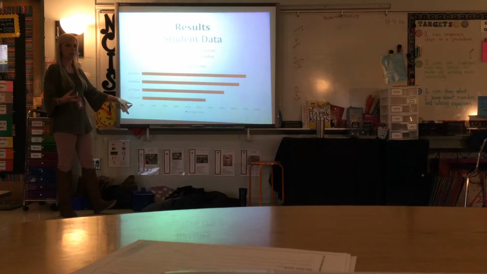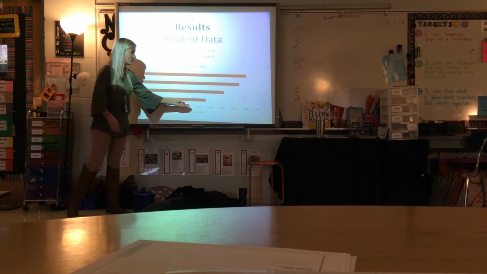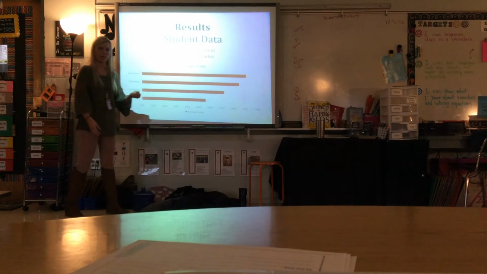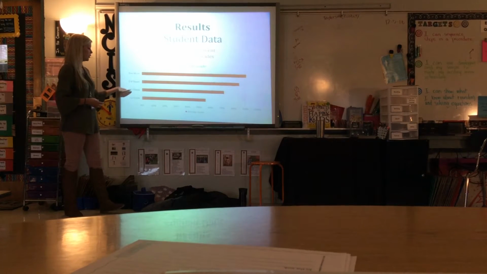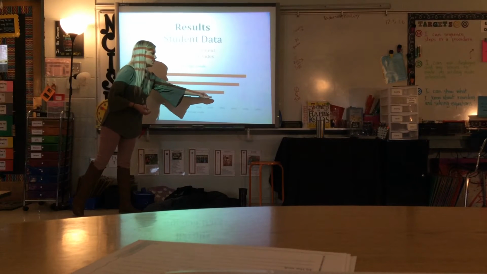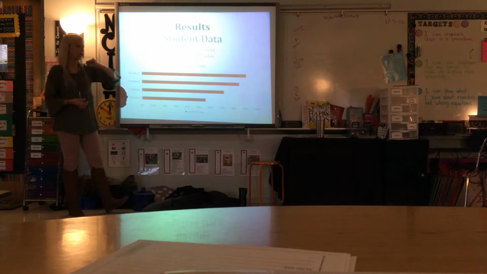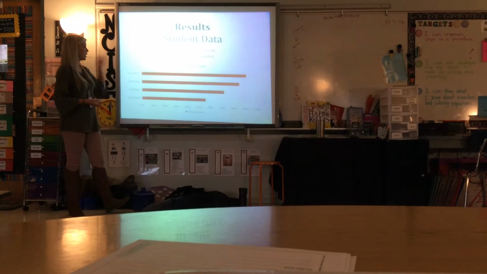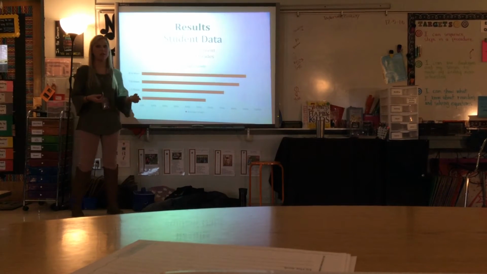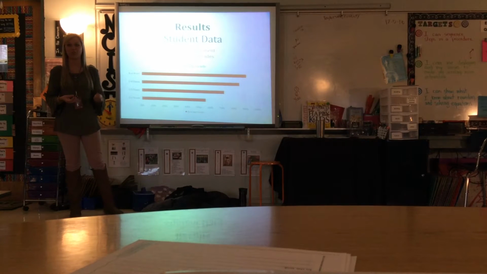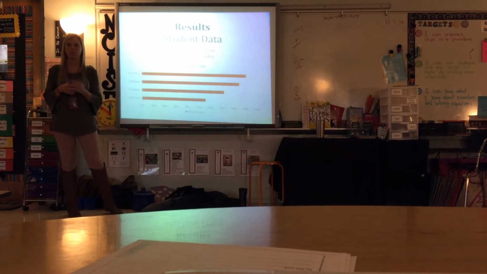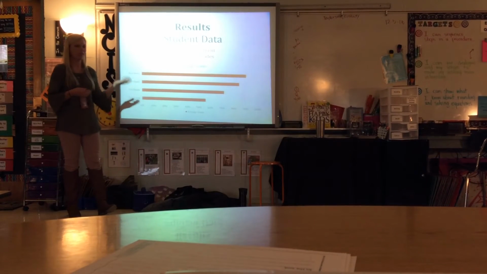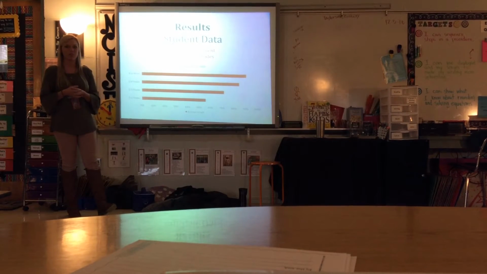So those students whose parents were involved 0 to 2 times had an average grade of close to 60%, which is a D according to our grading scale. And then those parents who participated 2 to 5 times had an average of a 70%, which is a C according to our grading scale. And then if you look at those parents who were involved 8 or more times, which we know that doesn't happen often, so there's very few that could answer yes to that question, had more close to a 90% grade average, which is an A. So this data actually did show what I was expecting for it to show.